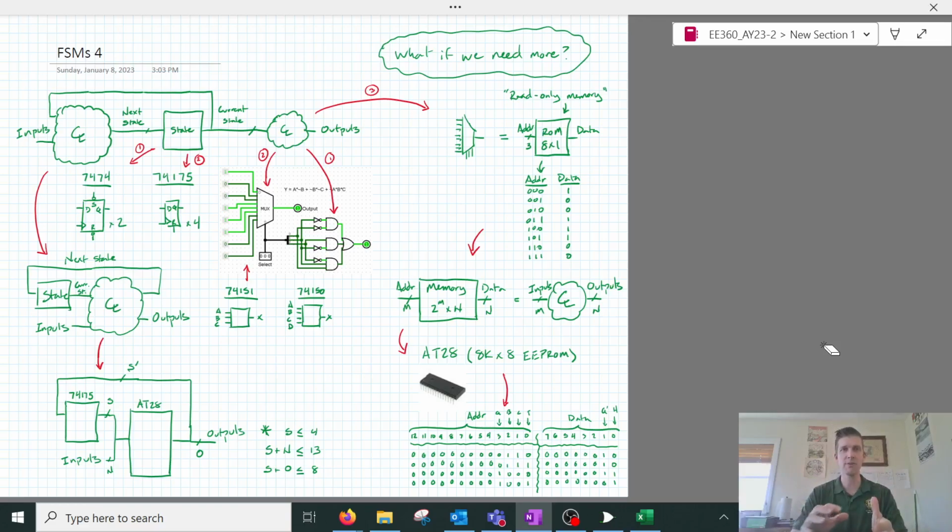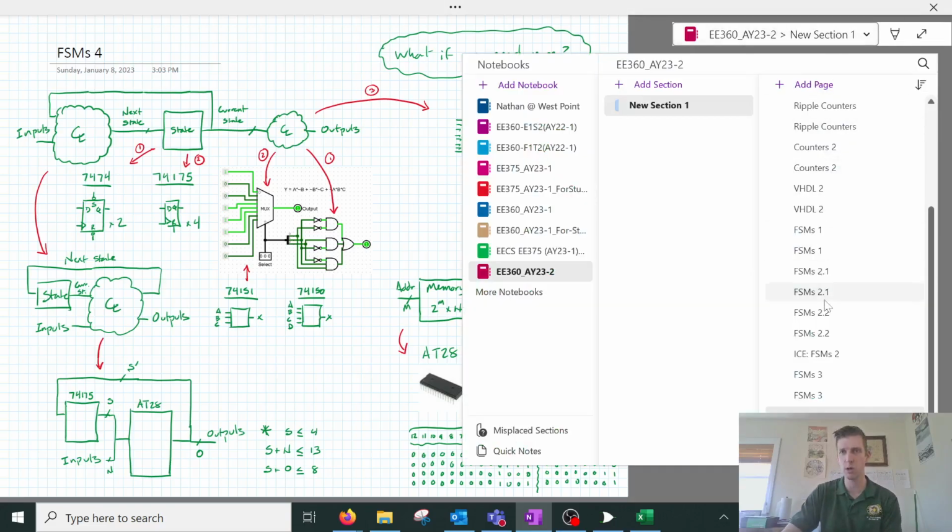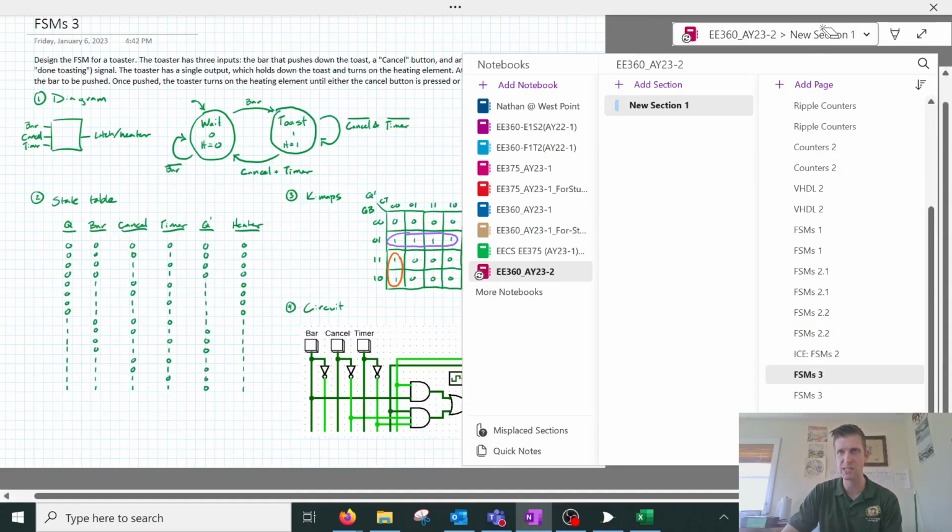We're going to build off of what we did in the last lesson, where we talked about how to actually build a circuit to implement this device. Today we're going to look at a couple of new integrated circuits that will make building these finite state machines much easier. Okay, so recall from our last lesson,